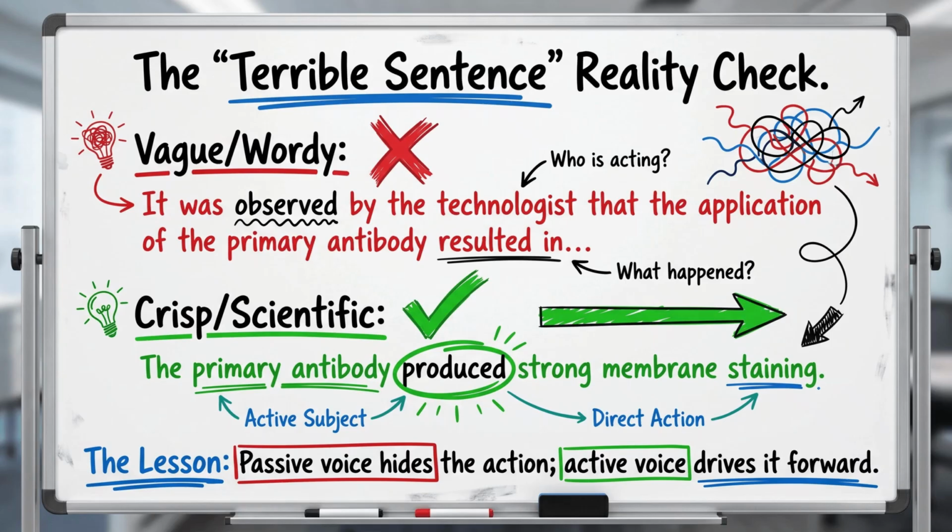So let's talk about the terrible sentence reality check, a crucial step in refining your scientific voice and ensuring clarity. This check forces you to scrutinize every sentence, asking if it truly contributes to your argument or if it's vague and unnecessary. If a sentence feels clunky or unclear, it's a sign that your thinking might still be muddled, and that's okay. This process of identifying and revising those terrible sentences is how you sharpen your ideas and make your writing more precise. It's a direct application of the clear thinking we discussed earlier, ensuring your proposal is as strong as possible before it becomes a poster.